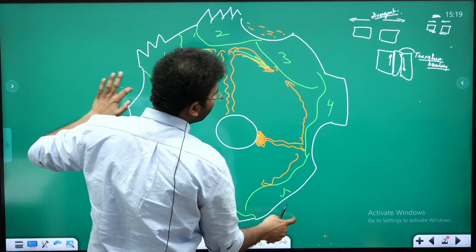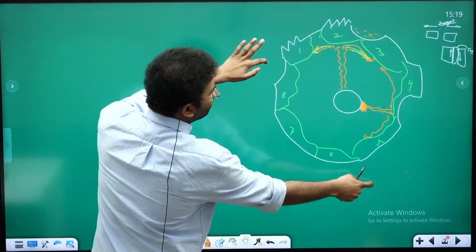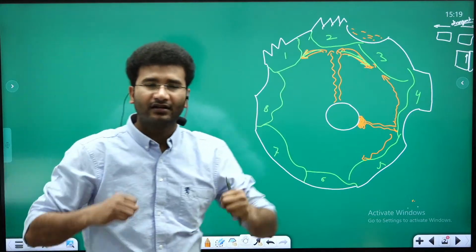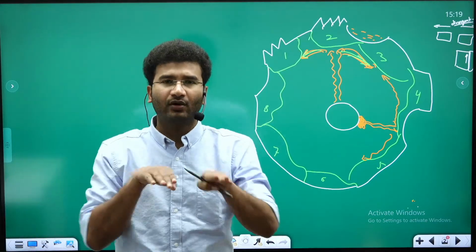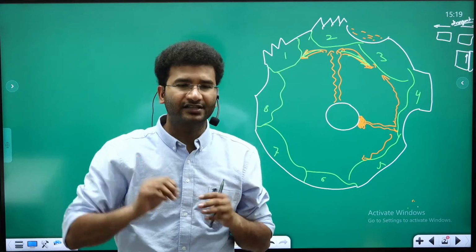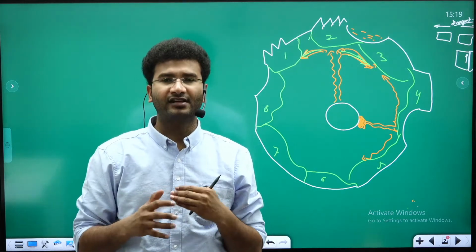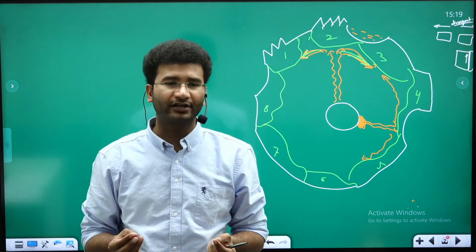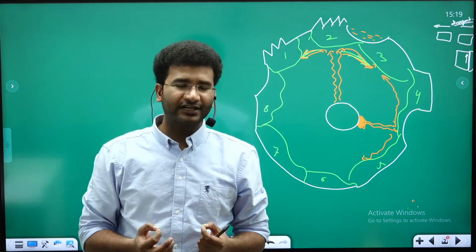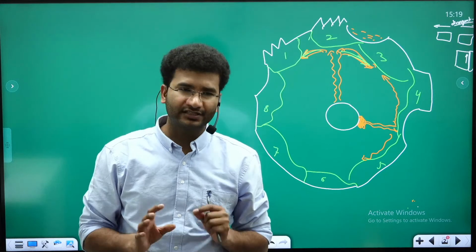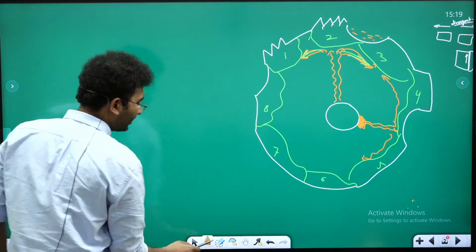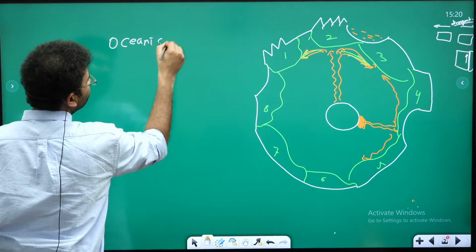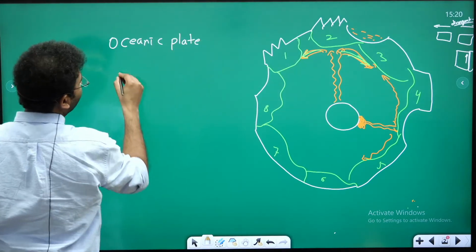So like this, imagine there are multiple plates on the surface of the earth, and each plate will either converge or it will diverge or it will slide past against each other. In this, there are some kinds of landforms that are formed. There is some kind of volcanic material that you get to see. We will try to understand the interactions of these plates. Now firstly, I've told you that you have an oceanic plate and you have a continental plate,